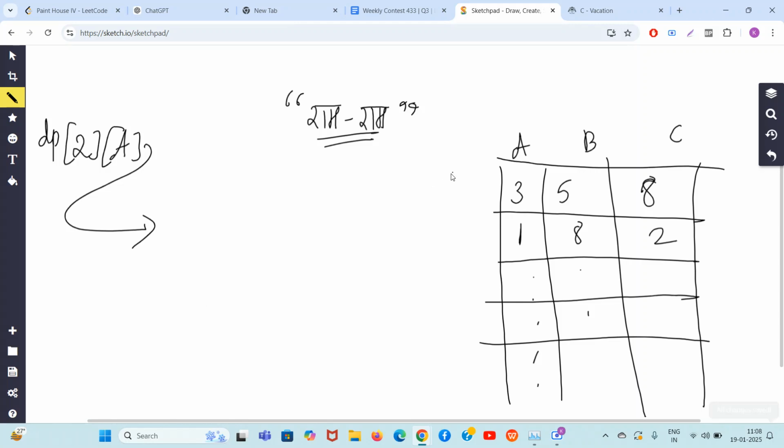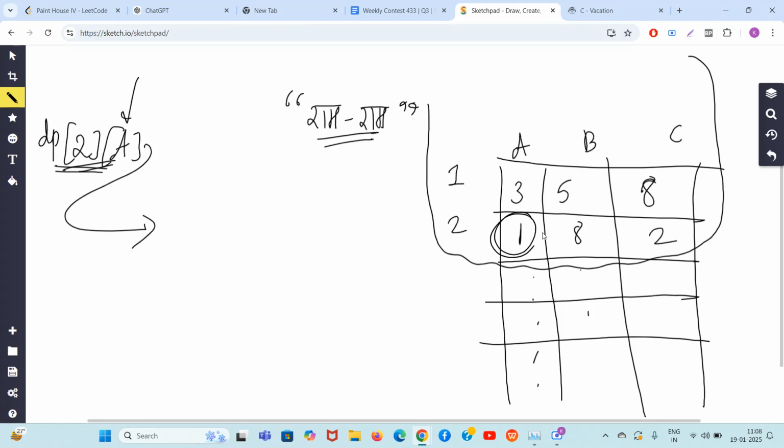dp2 of a means you travel till index 2. What is the best way to travel till index 2, such that at index 2 you are selecting an A type element? So at index 2 I am selecting this A type element. So dp2a is nothing but a2, which is actually 1, plus,